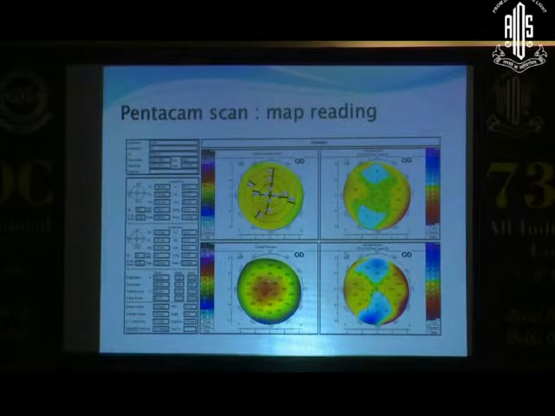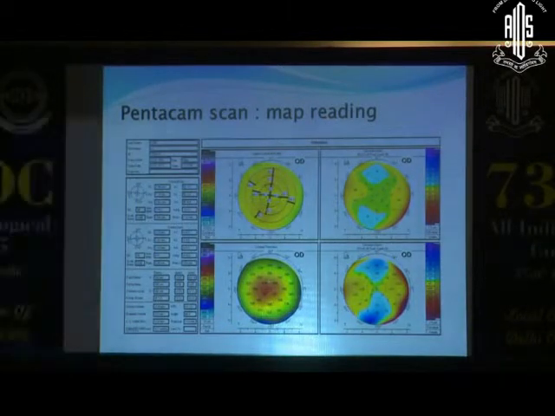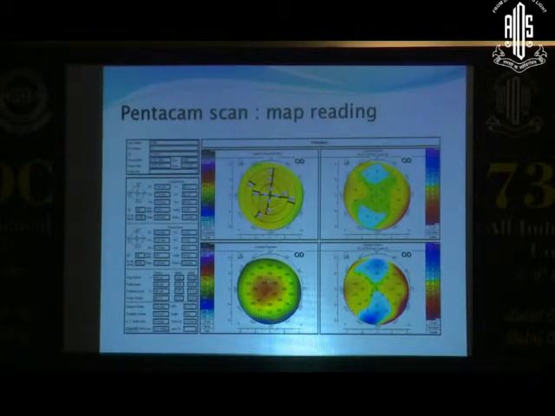So this is the Pentacam scan, which the most common option used is very similar to what we also do in OBSCAN topography. You have a keratometric map, a global pachymetry map, and then you have the elevation maps of the front and back surface. Here we're using the word elevation and not curvature because we're not using a Placido-based system. And elevation is a true representation of data of the cornea from the iris plane.